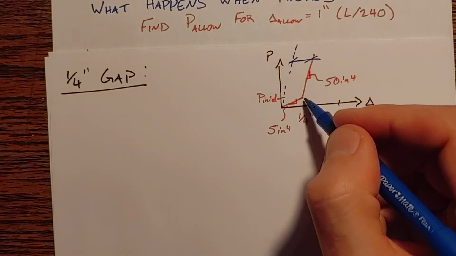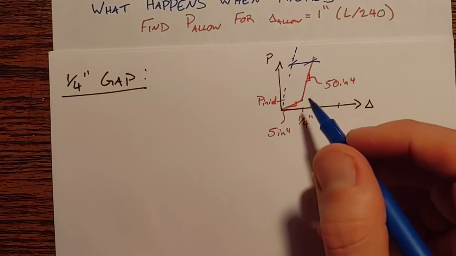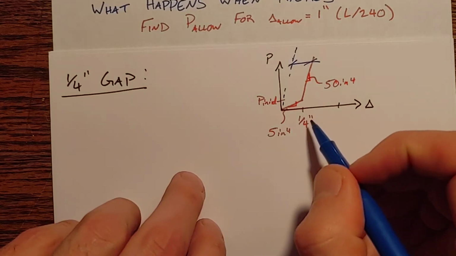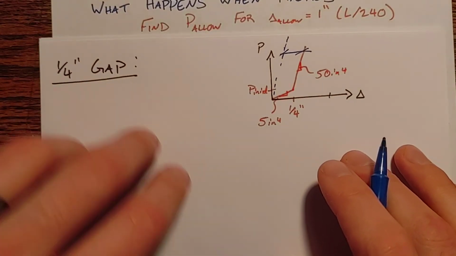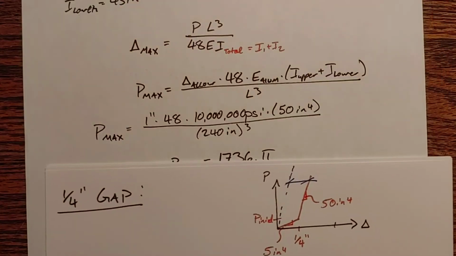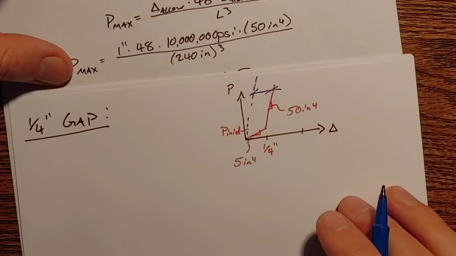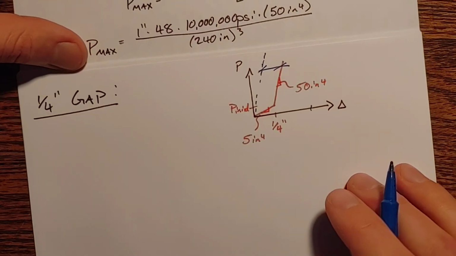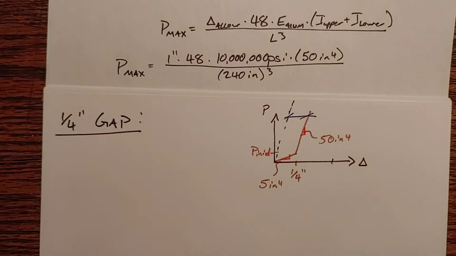So it becomes a two-part problem here. We need to find out effectively what load does it take to deflect us a 1/4 inch on just our nice little beam, and then what load do we need for the remaining 3/4 inches of deflection. If I can capture this all on here. So we're going for